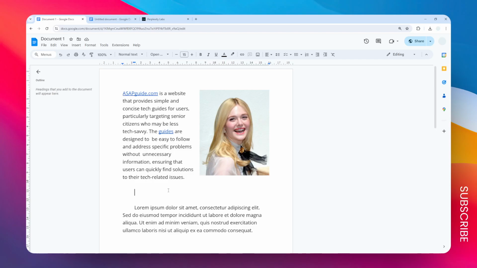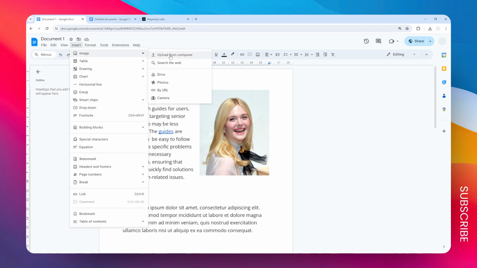In this video, I'm going to show you some basic adjustments for an image in Google Docs. I will show you some steps for uploading, cropping, changing the color, and basically how you can manage an image in your document. So first, to upload an image, just go to the insert menu, click image, and here you